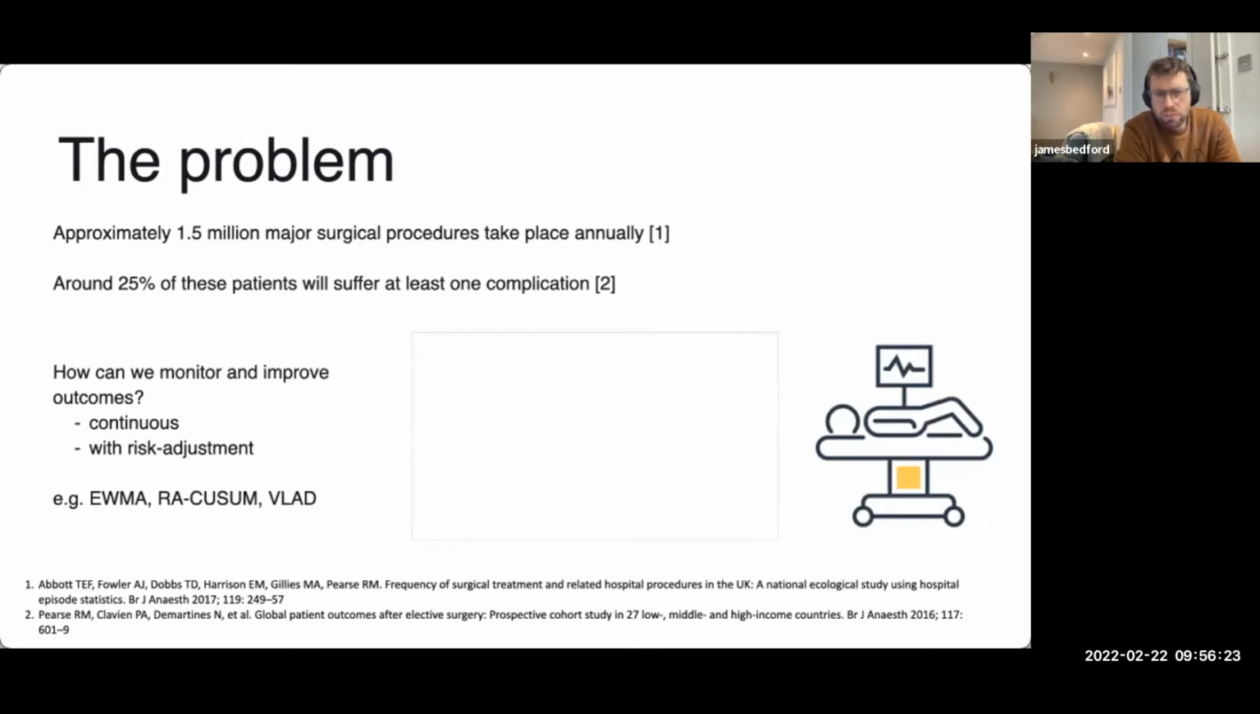And there are now various methods that you can use to do this. So there's exponentially weighted moving average charts, which the ICNARC project uses, and NELA have also recently adopted. Risk adjusted cumulative sum charts, and then these things called VLADs, which is what I used in my PhD. So that's a variable life adjusted display. And if this works,